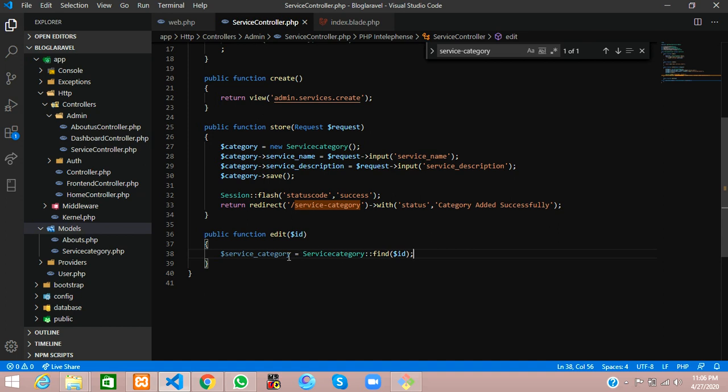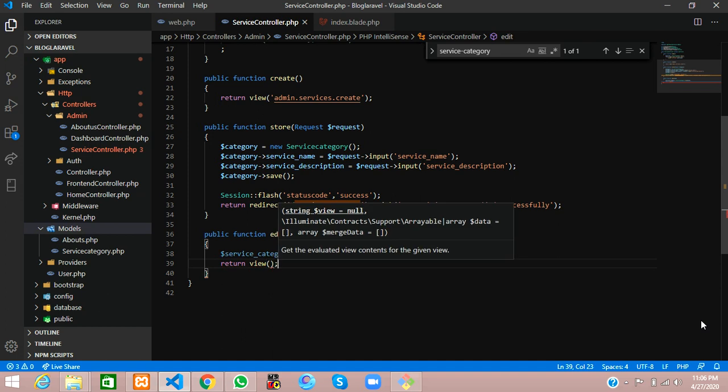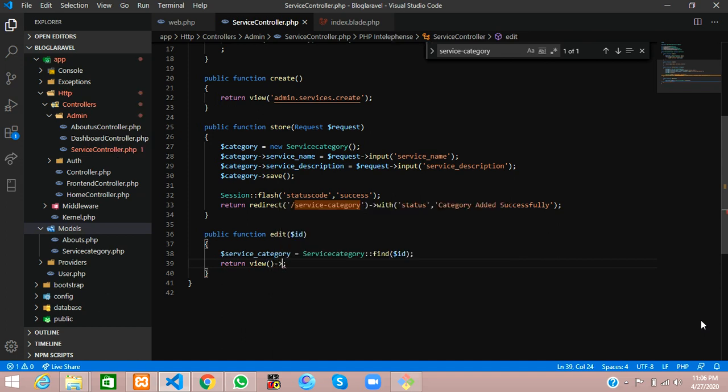So guys, now after this we are going to return to some page. Let us type return, and we are not going to redirect, we are going to one page, with the variable that you are going to create. Done. So like this.